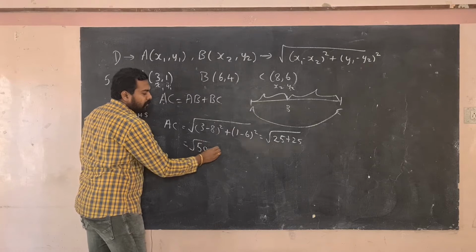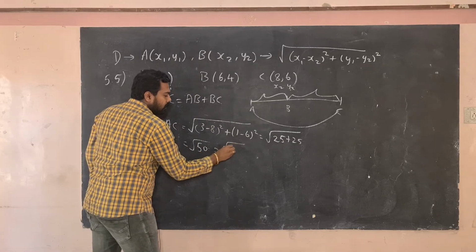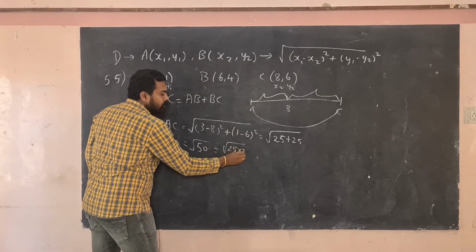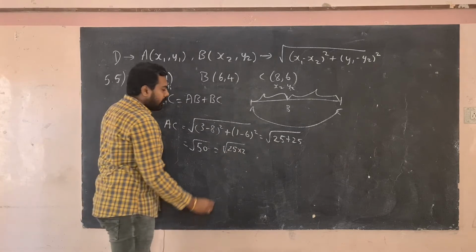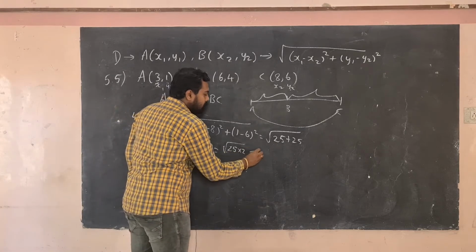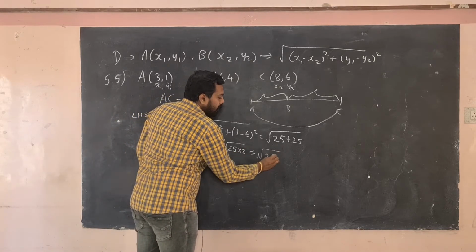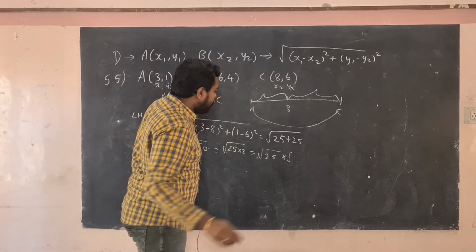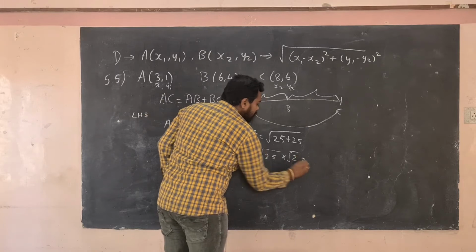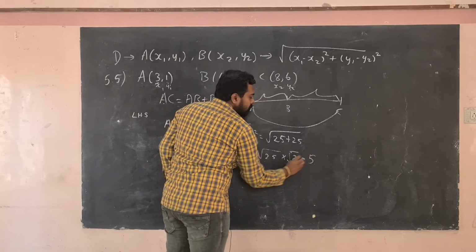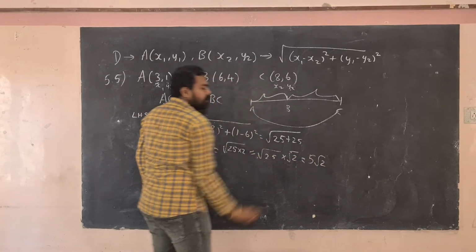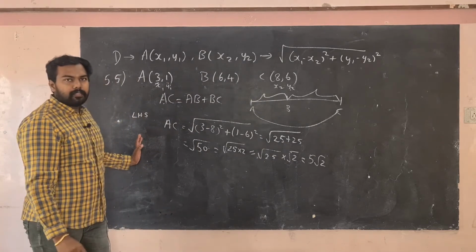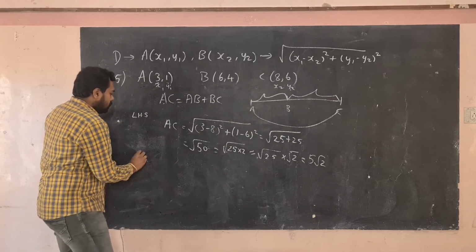What is square root of 50? It can be written as square root of 25 into 2. 50 can be written as 25 into 2, right? What this comes to answer? Square root of 25 into square root of 2. So 25 under square root is 5 root 2. So the answer is 5 root 2. Now we have done the left hand side. Now we are going to do the right hand side. So right hand side,